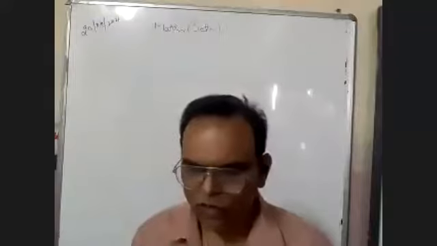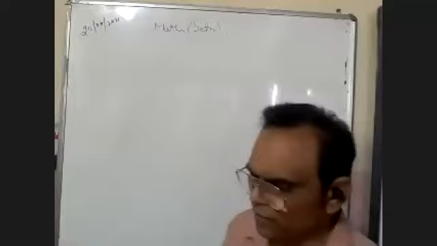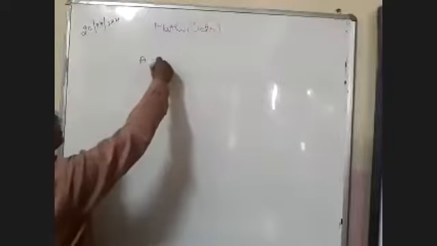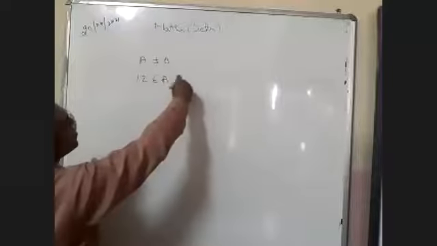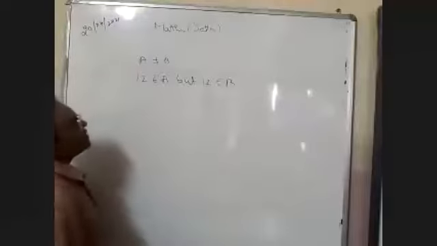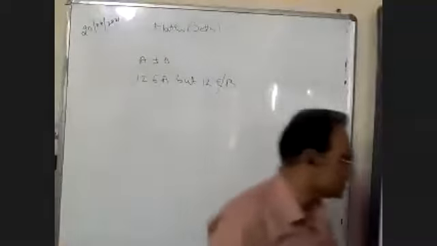These are not equal. क्यों equal नहीं है? क्योंकि set A में जो lie कर रहा है that is 12, but 12 does not lie in B. तो आपको ये प्रूव करना है A नॉट इक्वल टू B। तो हमें ये दिखाना होगा A इज नॉट इक्वल टू B। वाई? बिकॉज 12 बिलोंग्स टू A बट 12 डज नॉट बिलोंग टू B। हमें सिर्फ ये दिखाना है कि कोई एक एलिमेंट ऐसा है जो A के अंदर है वो B के अंदर नहीं है, ठीक है, तो वो इक्वल सेट नहीं है, या B के अंदर हो वो A के अंदर नहीं है। तो हमें एक एग्जांपल ऐसा देना है फॉल्स प्रूफ करने के लिए कि भाई इसलिए हमने इसको फॉल्स दिखाया।